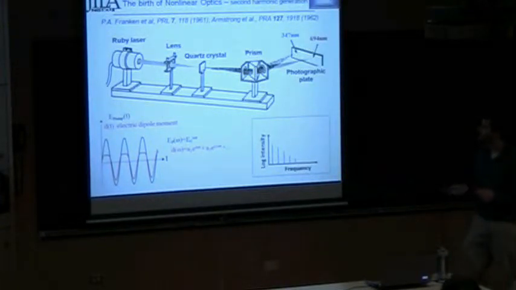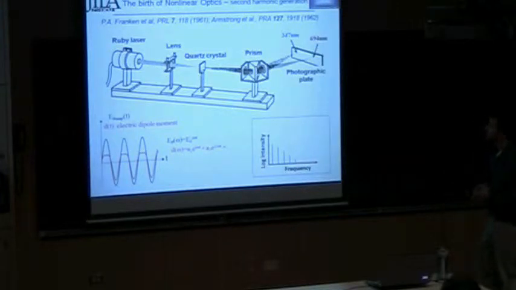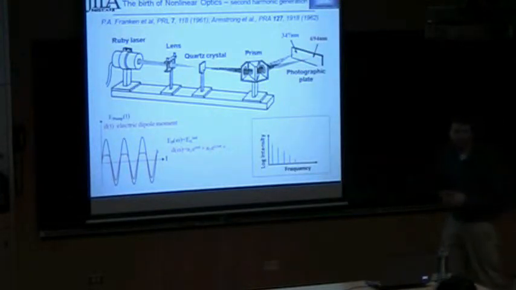And so I'm sure many of you have worked with second harmonic generation before. This came out of the first demonstration of that shortly after the invention of the laser, where people had high enough peak intensities to start doing nonlinear optics. And it's a pretty simple experiment. You focus into a quartz crystal and then measure, and you'll see some second harmonic come out.